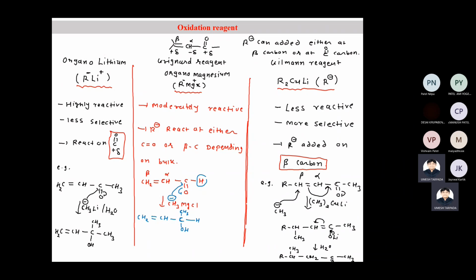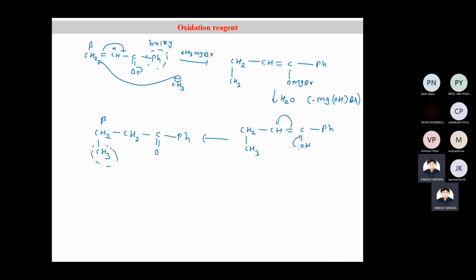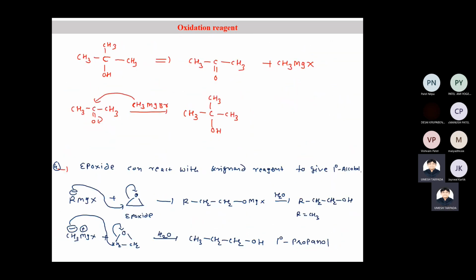And the third one is dialkyl cuprous lithium, an organocopper compound, that is nothing but Gilman reagent. So it is useful to add a nucleophile at the beta position. So we have taken various examples. Among them, the very important example is